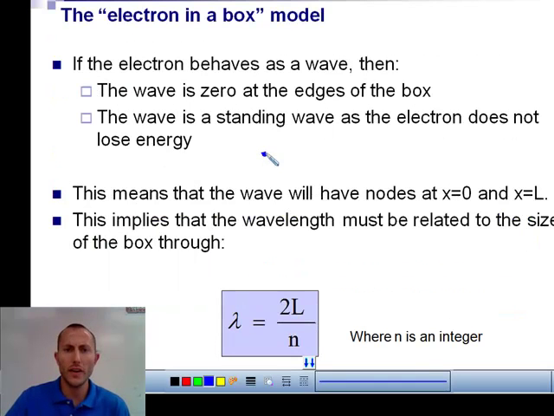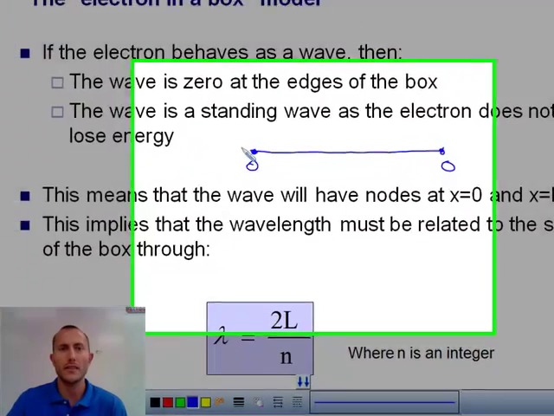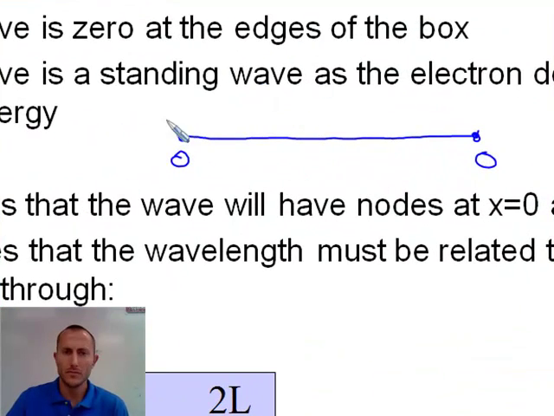And so if our electron is treated as a wave, the magnitude of the wave at 0 and at L is going to be 0. And so these are what we call nodes of a wave. The displacement of the wave at those 2 points is going to be 0. And in this box, it's going to be what we call a standing wave. So it's going to oscillate back and forth within here. Here we have our nodes. Node 1,